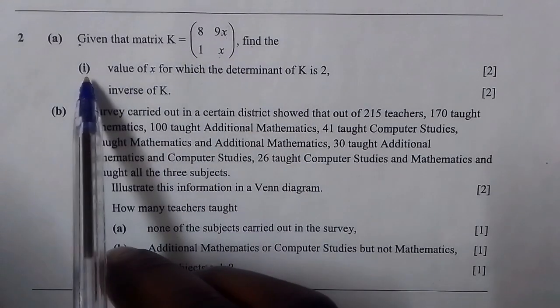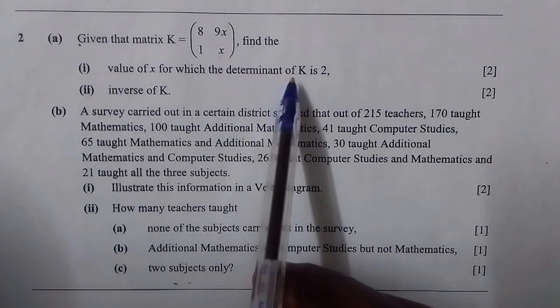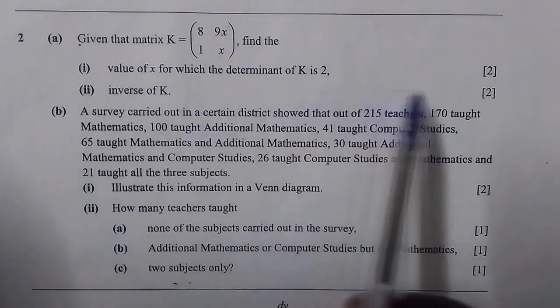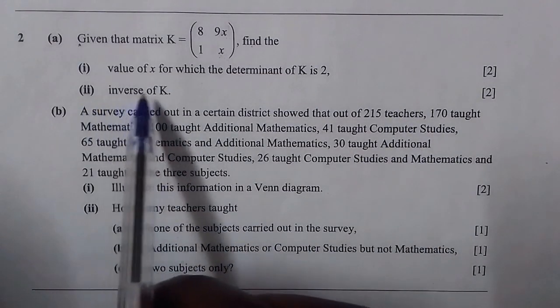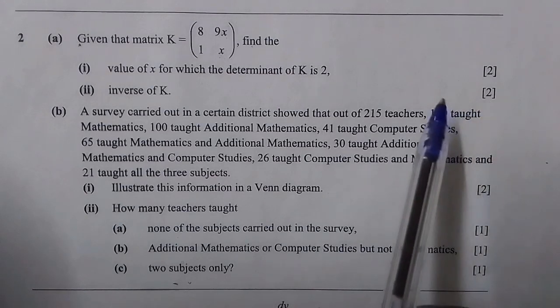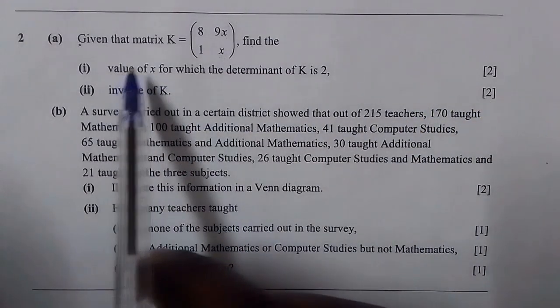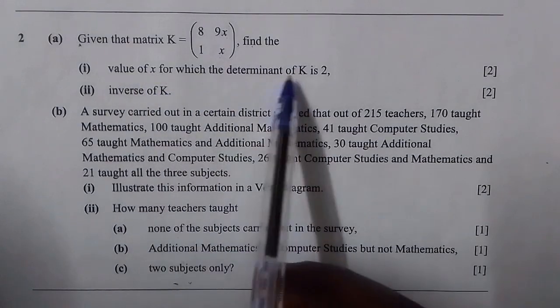find, Roman numeral 1, the value of x for which the determinant of K is 2. This part has 2 marks. Then Roman numeral 2, the inverse of K, and this part also has 2 marks. Working out the first part, Roman numeral 1, find the value of x for which the determinant of K